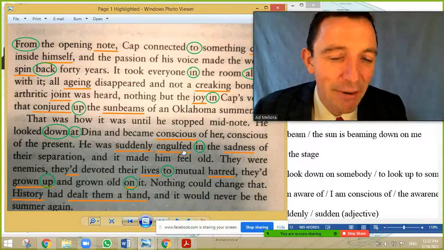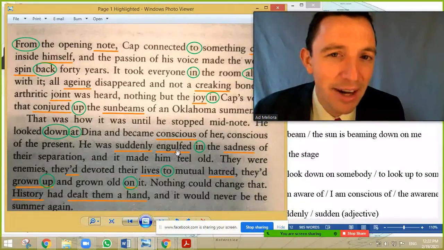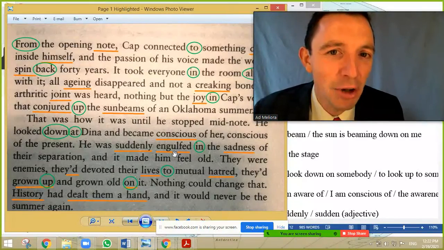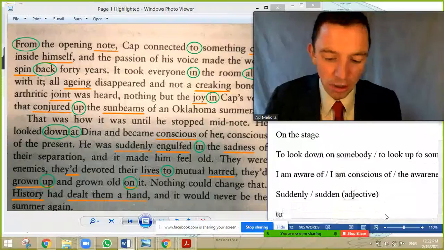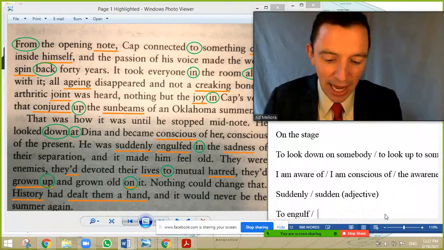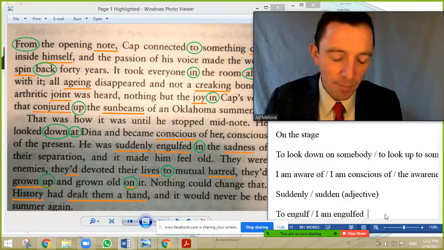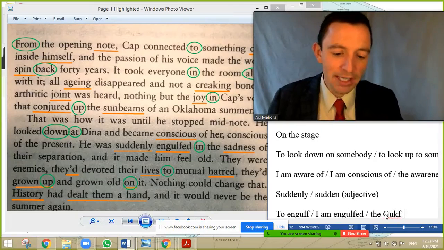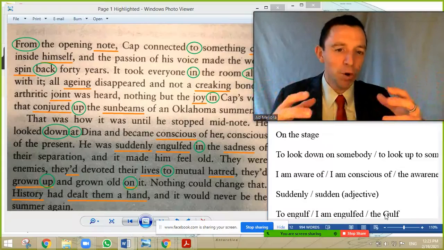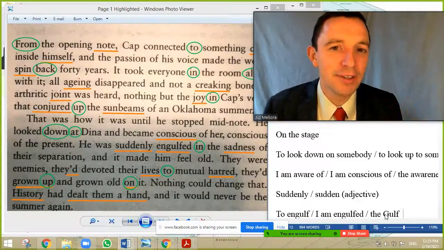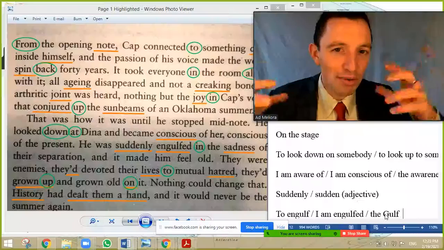Engulfed, again, is very difficult vocabulary, and it's very common in English. If you are engulfed in work, you are engulfed with jobs, basically it means you have a lot, you are surrounded by. Okay, so to engulf is very advanced, and the adjective I am engulfed, I think it's related to the Gulf of Mexico. So you know the Gulf of Mexico, and it's maybe surrounded, or there's a lot of water.